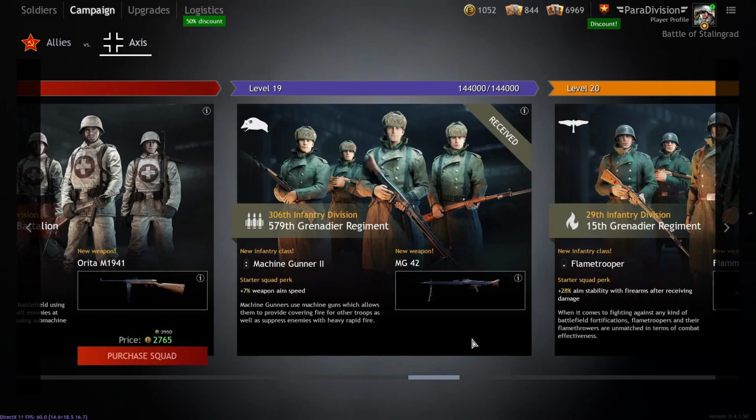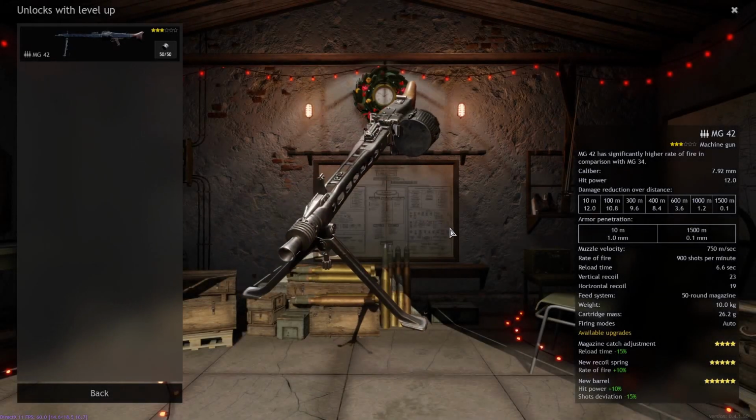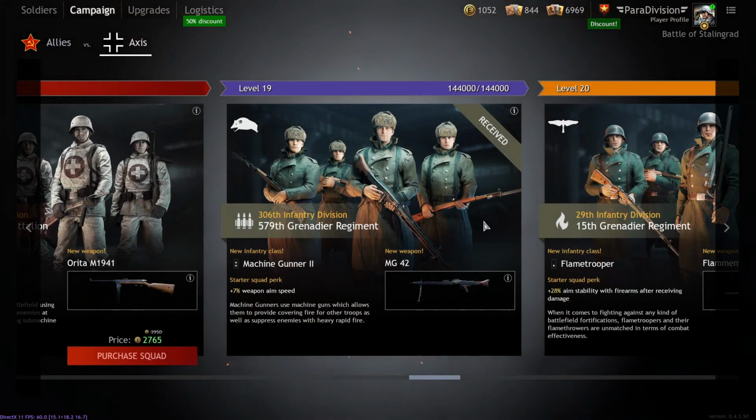Now, regarding Machine Gunner 2 at level 19, this is a fancy one. The reason for that is the following. MG42 is a really good upgrade over MG34. Reason for that is it's faster, but more importantly, it's much more precise. And for those who use it, the sound is really satisfying and amazing. So MG42, one of the most fun machine guns in the game to use. And the Machine Gunner 2